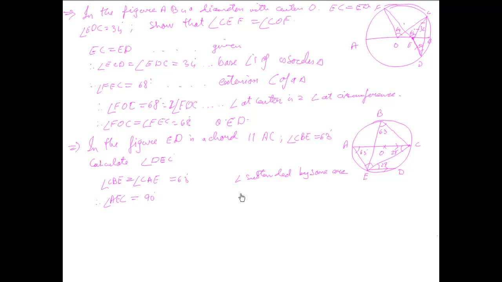Angle A is equal to 90 degrees, angle subtended by semicircle or diameter. Therefore, angle AEC equals 180 minus (angle ACE plus angle CAE), which is 180 minus (90 plus 63), which is 27 degrees, angles of a triangle. Therefore, angle CED is equal to angle ACE is equal to 27 degrees,